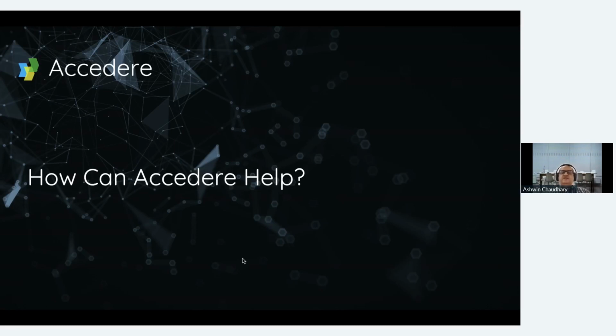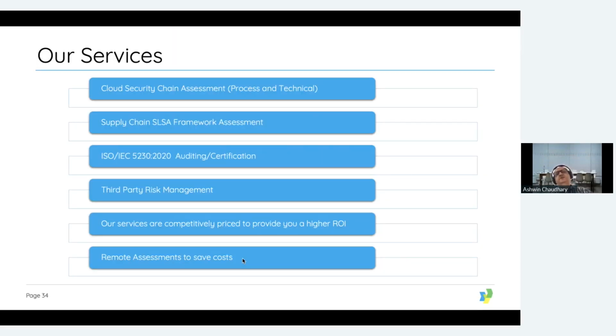So these are the risks, and we're going to see what can be done to mitigate those risks and how SCDF as a company can help, right? What we do as part of our audit services is cloud security chain assessments. We're going to look at some of those things in depth. What does cloud security assessment mean, and what do we do as part of the